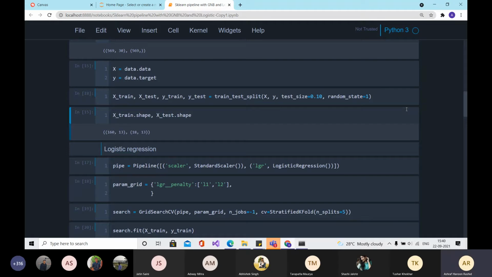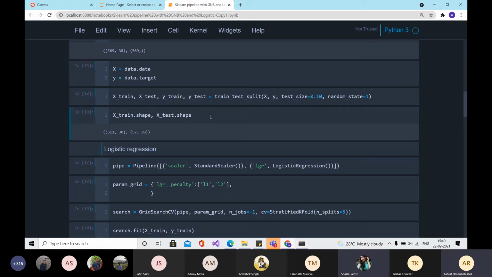Once you do that, check the shape of the final training data and the shape of the final testing data. Can anybody tell me what the shape of the final training and testing data is?